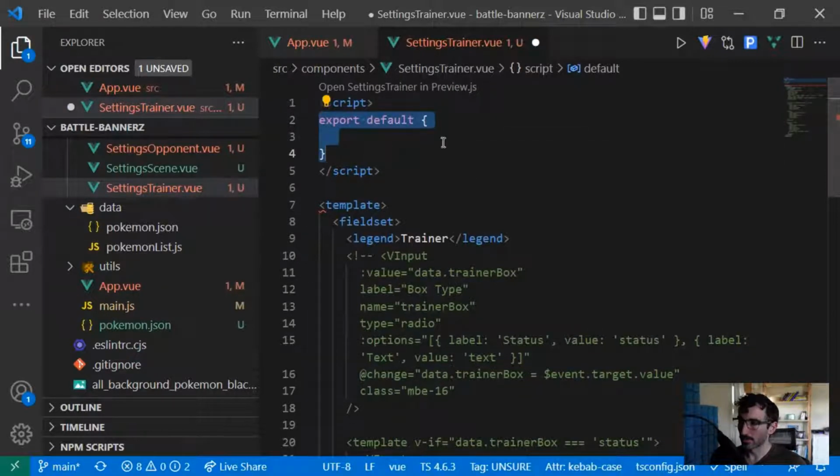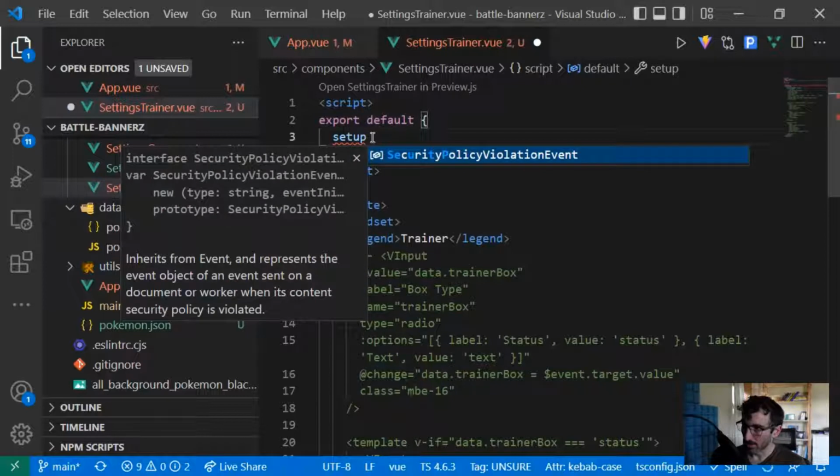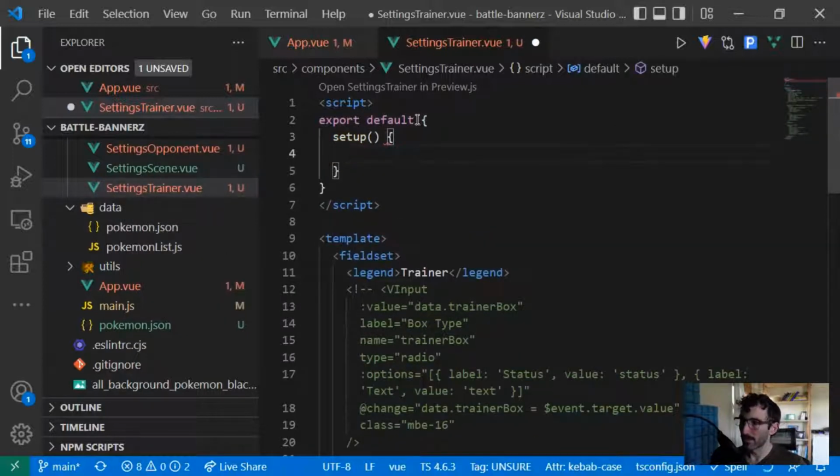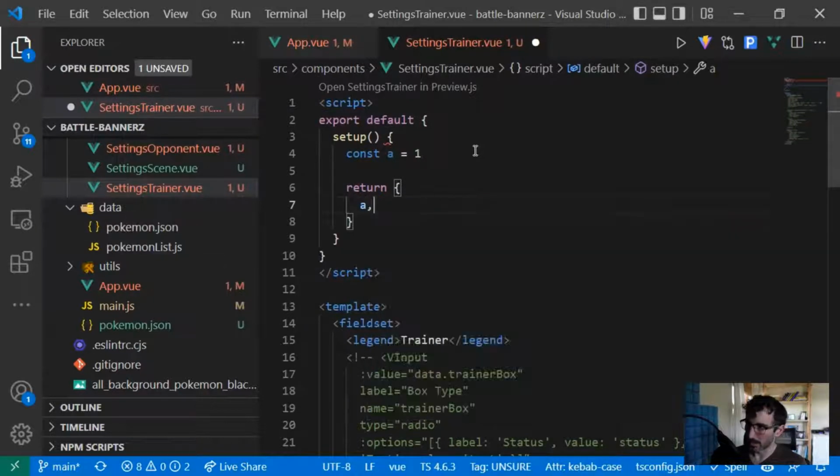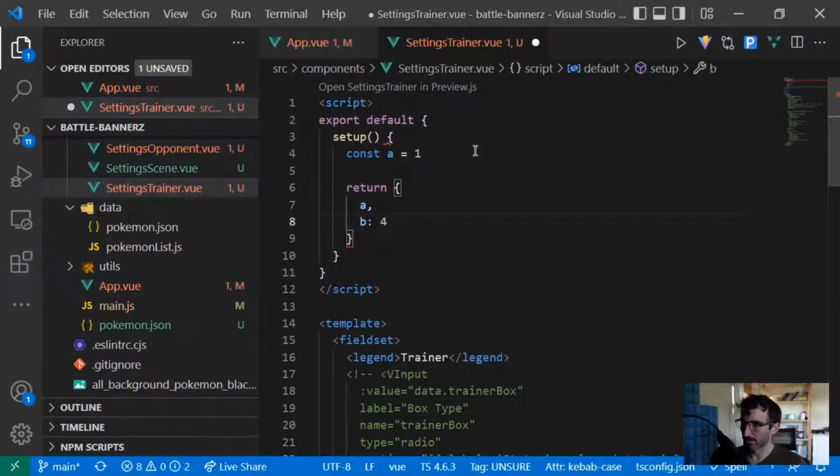Now, in your default object, currently the Vue library supports two different syntaxes. One is the options API, one is the composition API. If you're doing the composition API, you need a function or a method on this object called setup, which takes a certain number of parameters, but then you do some stuff like const a equals 1, and then you return an object that has a on it, and then maybe b assigned to 4, right? And then these properties,